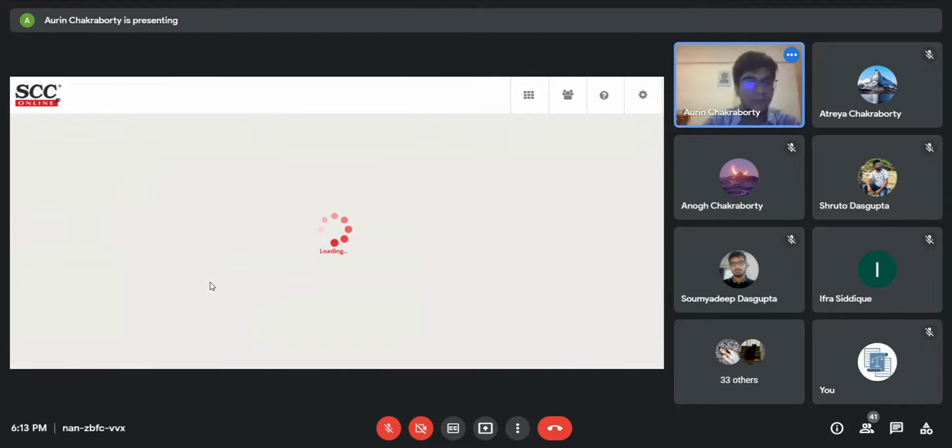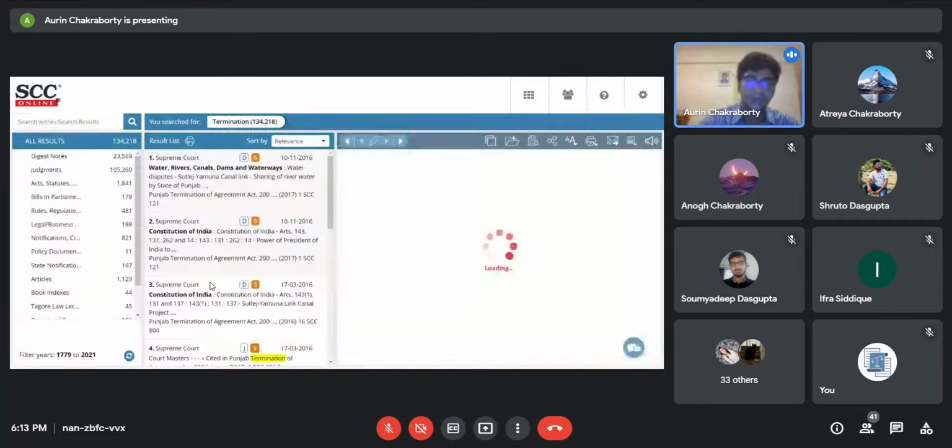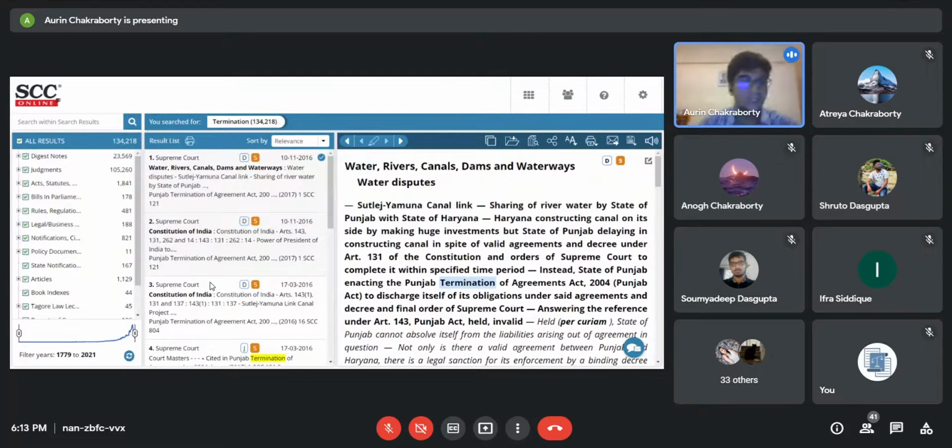And mind you, you can also use the or keyword in the main search bar itself, but I'll do something else over here. There is this aspect called search within search. As you can see, there are 1,34,218 results which have come up.